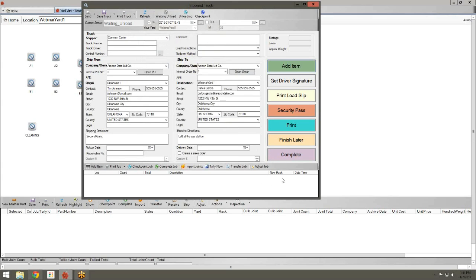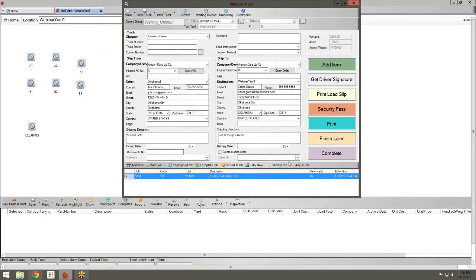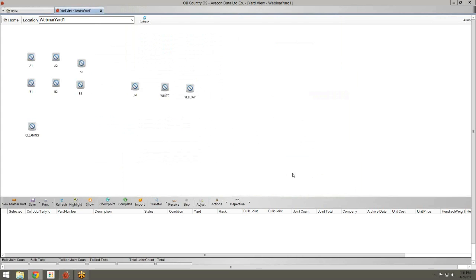And it's going to place it on this truck. And as soon as we complete it, it'll show up on the rack. So there it is. It's created a job for us. It's put it on rack B2. All we need to do is click complete. That's really going to save you a lot of time. Instead of having to go to the receive button, finding the location, entering in all that information, you can just right-click,